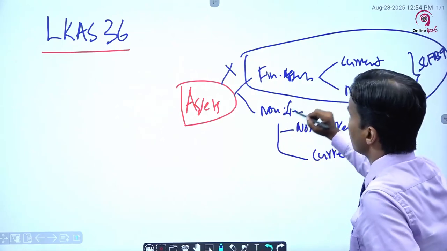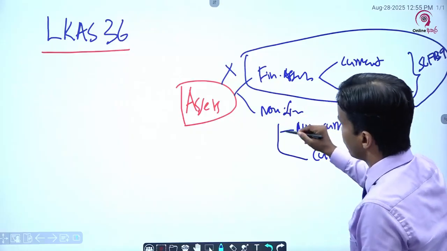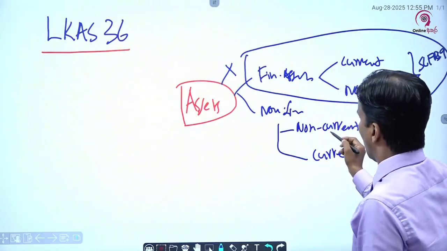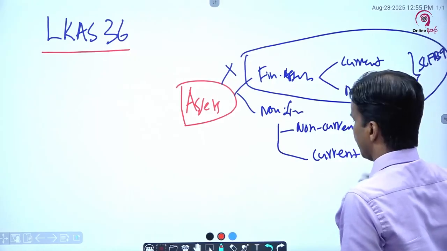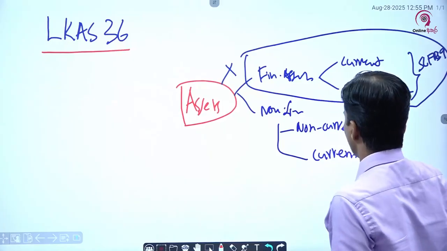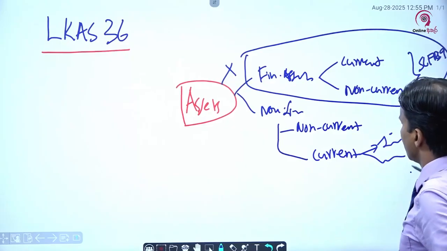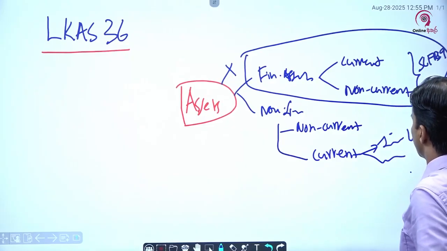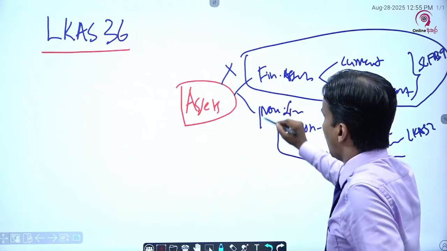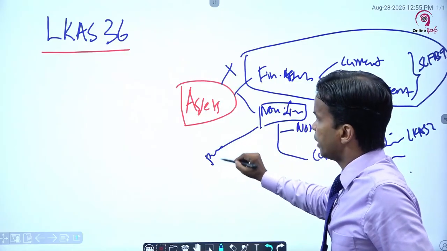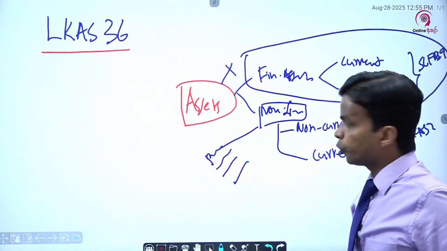Non-current, non-monetary assets, current, let's say you have inventory, prepayments and whatnot. So mainly inventories and other assets. For inventories and other assets, you will have LKS 2 to discuss the impairment, right? So in non-current assets, you will have PP&E, intangibles, IP, and let's say investments. So investment again,